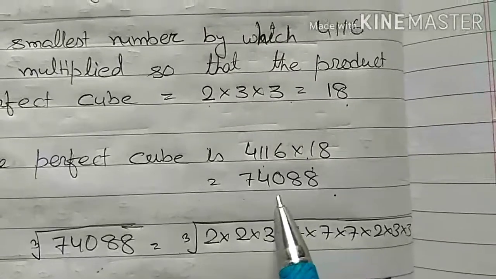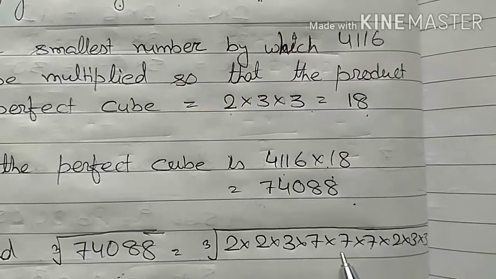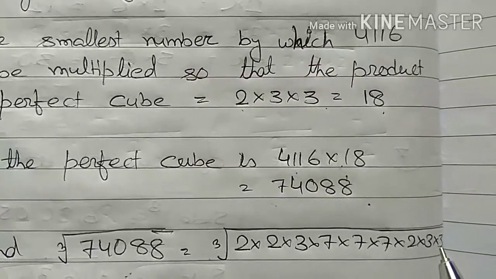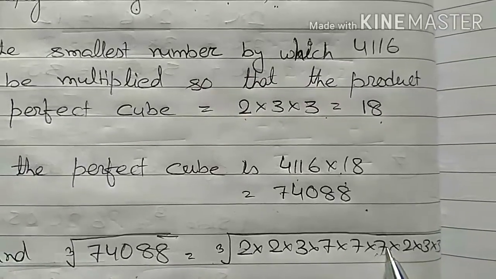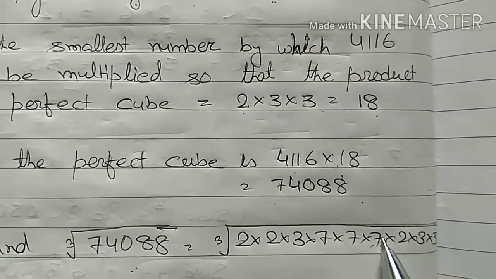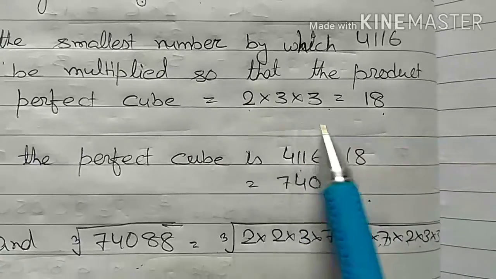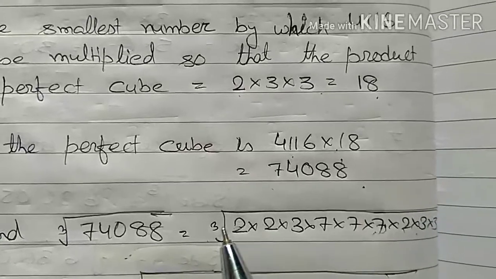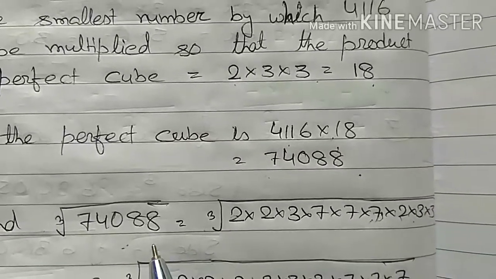So we have multiplied that one here by 18. So in that case, in the cube root, we have to multiply the number by 2 into 3 into 3. Okay, till here we get that this is the factor of 4116. But if you multiply 2 into 3 into 3 here, which is equal to 18, the product of this number becomes 74,088, which is